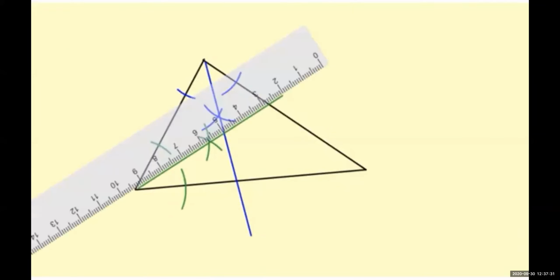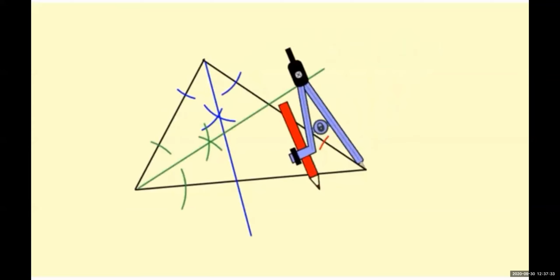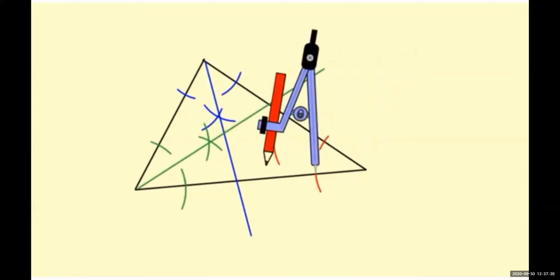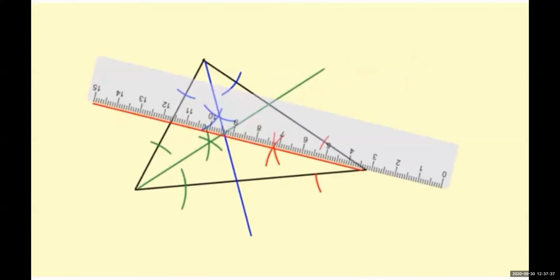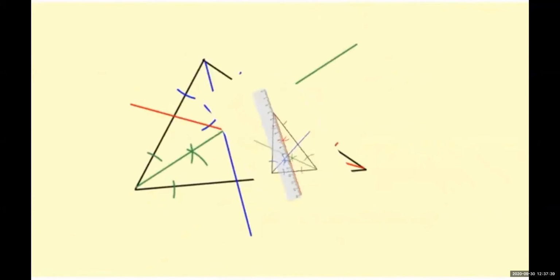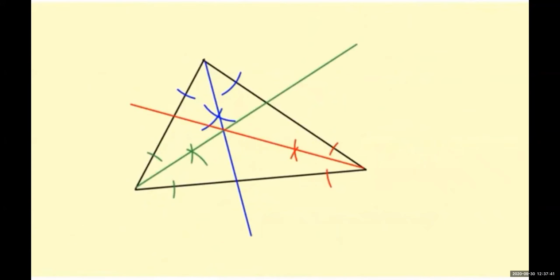This is the method to draw the angle bisector. Now the third is in red. Just put the protractor and here you get the angle bisectors. At one point we get the intersection of the red, blue and green. That is the incenter. If you check the distance from the incenter to the sides, that is the same.